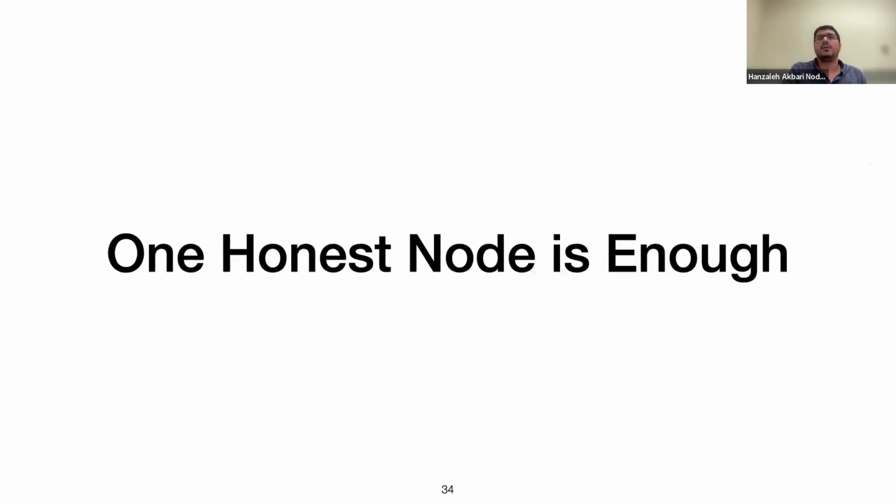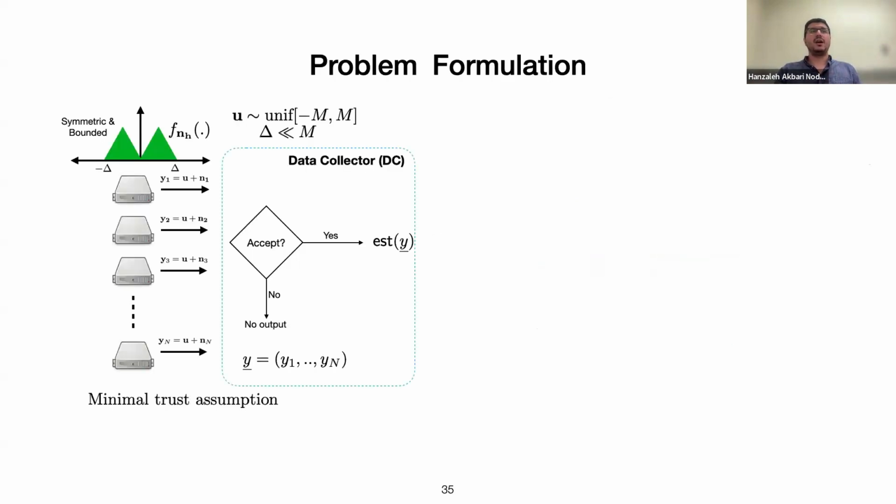Okay. Here I just want to show that this scheme is kind of Sybil resistant. I mean, even in a trust-minimized setting in which you have multiple adversarial nodes, let's assume that you have n nodes, n minus one nodes are adversaries and just one of them is honest.